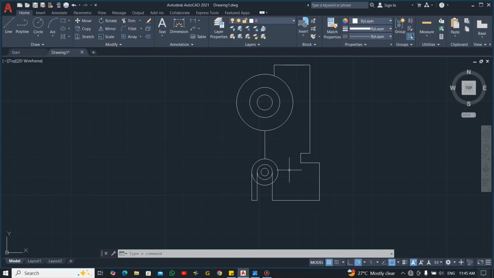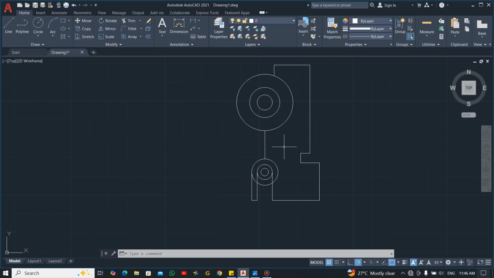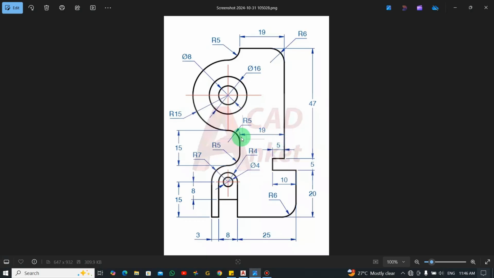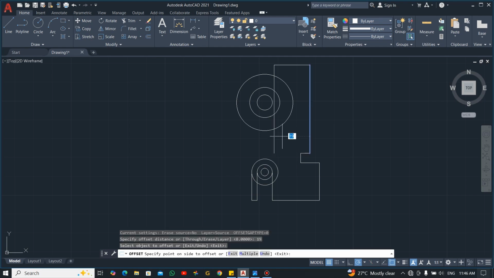Now you can see, if you check, the distance from this place to this line is 19. Okay, from here to here is 19. So what you can do is offset this line. Now you can delete this one, you can offset this line. So let's use the offset command, then enter 19, then you select this one to this place. Good. Now let's extend it to this place so that it touches